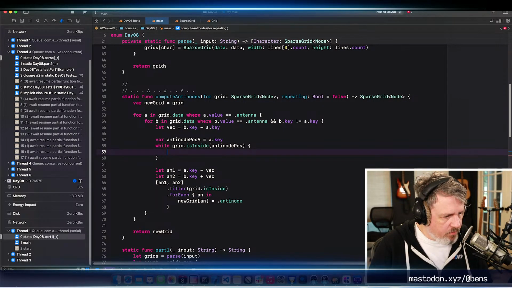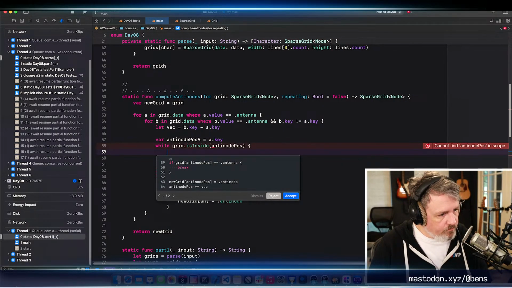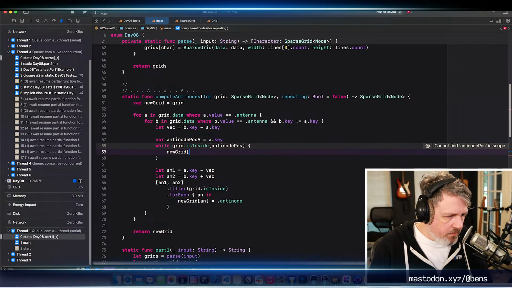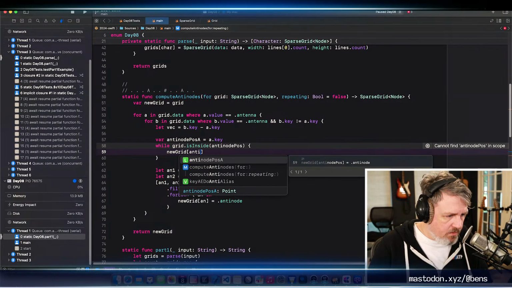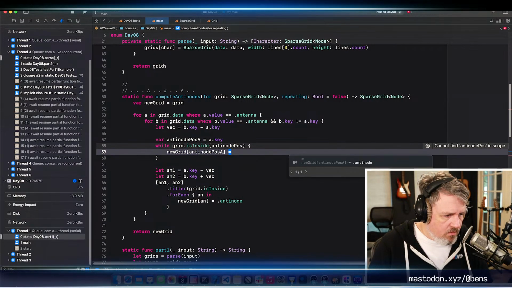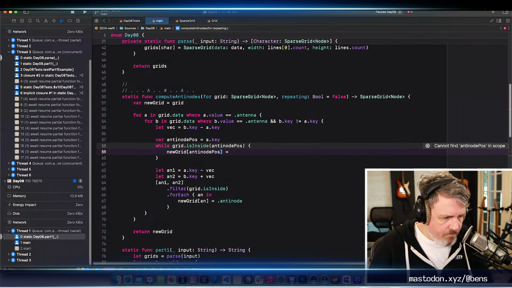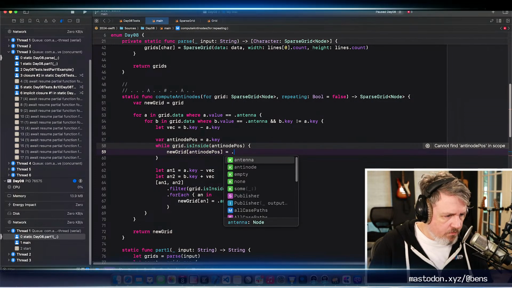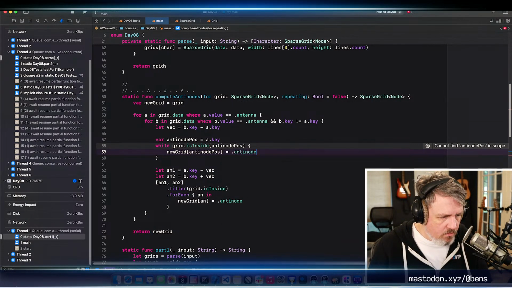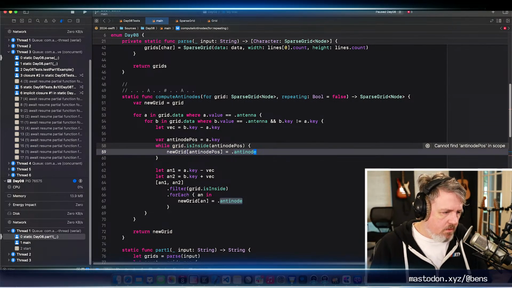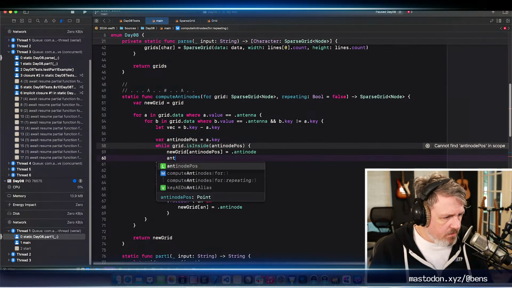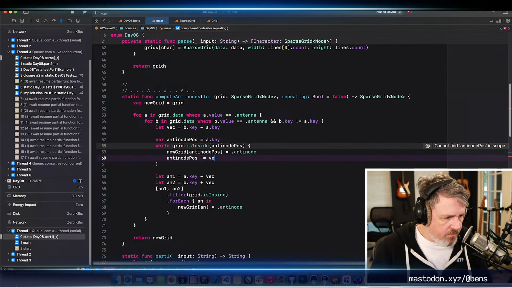I don't need 2 variables. Okay, so then we're going to, on the new grid, set the antinode position equal to antinode. And then we're going to antinode position minus equals the vector. So we're going to keep going that way.